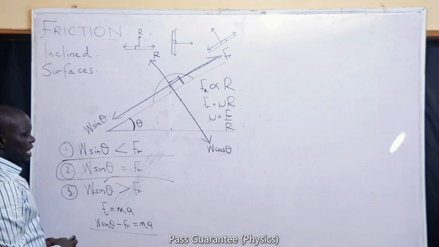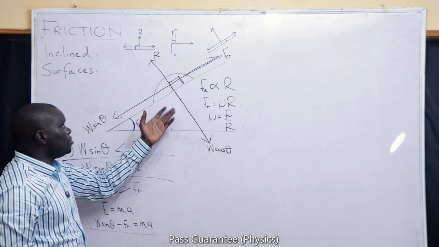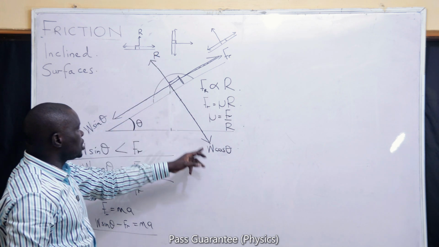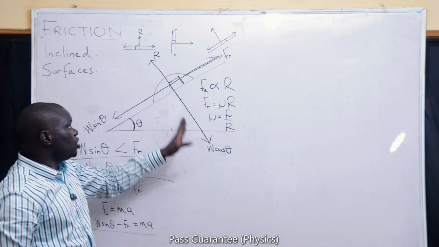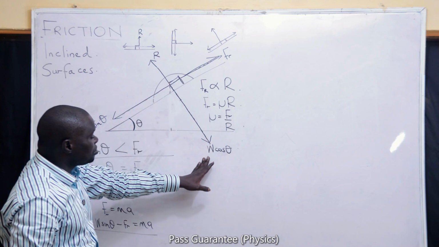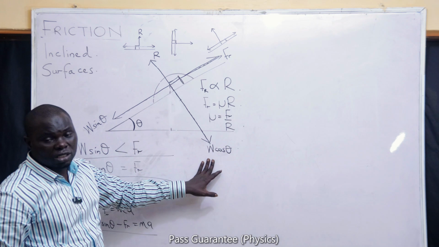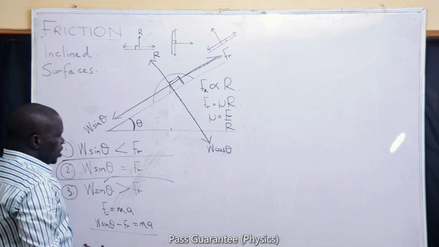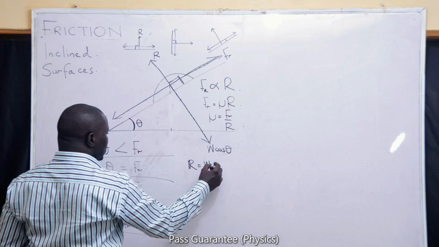If W sin theta is equal to the friction, meanwhile, I must also tell you that at all times, the normal reaction and W cos theta must be equal if there is no other force in this system. The W sin theta must be counterbalanced by the friction, and the normal reaction must be counterbalanced by the W cos theta. So if normal reaction is equal to W cos theta,